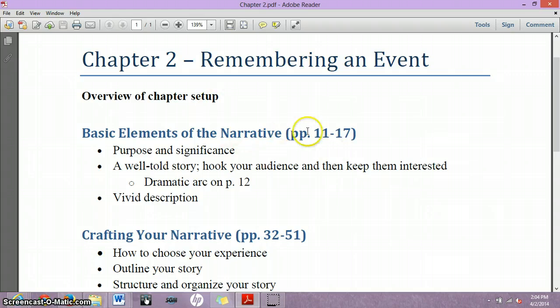And then as you can see here, I've got the basics of narrative and the page numbers, and then how to do it yourself in those page numbers. So try not to be overwhelmed by, to me, the visual ugliness of the chapter. All right, so with that, and this is how these chapters are going to be. Pretty much every chapter that relates to the different types of writing